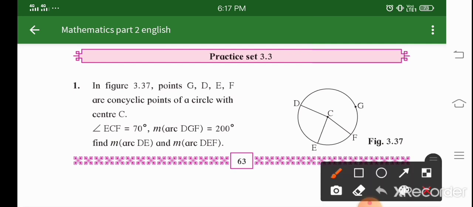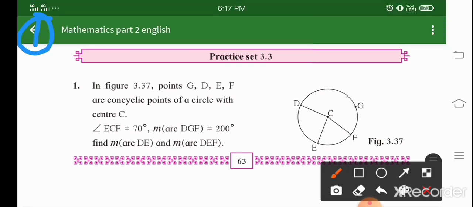Now next, can you see we have the value of this arc, and right now we have found this. So only this one is remaining, as we know that the whole circle has a measure of 360. So by that property, the measure of a circle, we can calculate the value of this. When you have this value and this value, you can use the sum property and just add, and you will get the value of this particular arc DEF. I think this is clear. So let's get started. This is our sum number 1.